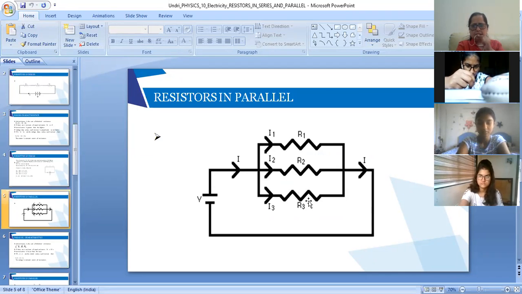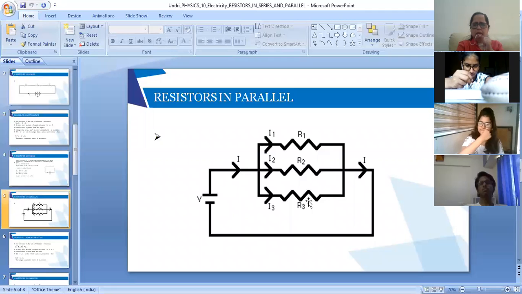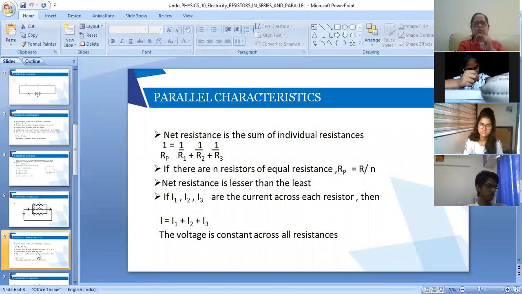Is this clear? The concept has to be very clear. Then only you will be able to solve the problems and understand the problem. If the main concept of series and parallel is not clear, then you cannot solve. So did you understand? I have to just add. For each branch, you take the individual resistance. If I want to know the current flowing in the outside circuit, then you take RP, the net resistance of the parallel combination. Right? So these were the things.